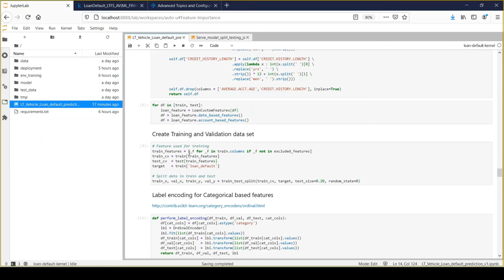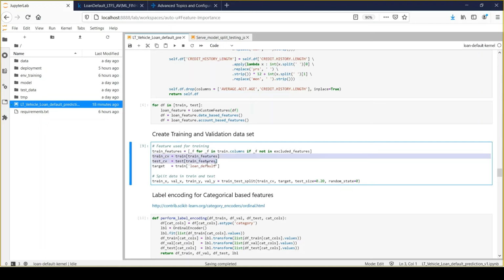It will take my training columns, but it will not consider a feature column if it exists within the exclude features. So training features will not contain those values. And after extracting the training features, we would be generating different training and test data sets which will contain only the data belonging to my training features, right? That's what these two steps will do.